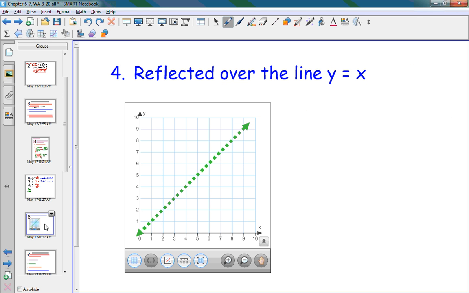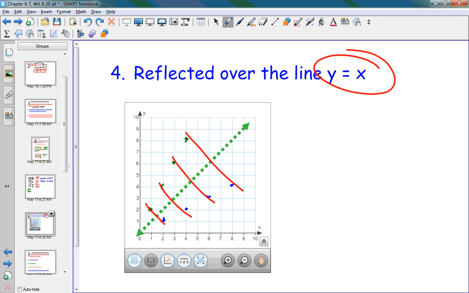If I graph the original problem, which is (1, 2), (2, 4), (3, 6), (4, 8), and then graph the inverse, (2, 1), (4, 2), (6, 3), (8, 4), what do you notice about those? Why is there a line there? Line of symmetry. It is the line of symmetry, which means that these things have equal distance away from the